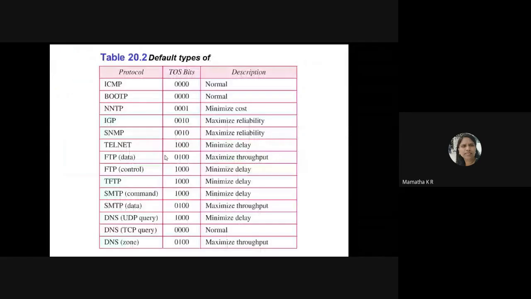And we have here that, as I told you, the default types of services are like this. Okay, if all 4 bits are 0, then it is normal. Okay, and then we have here these protocols that can be used, like ICMP.